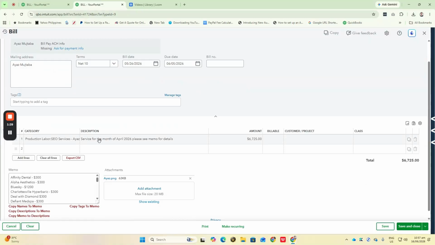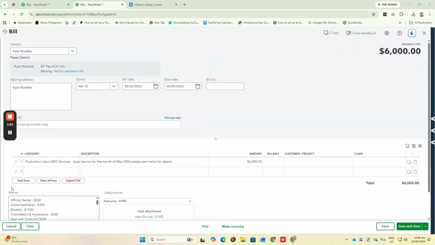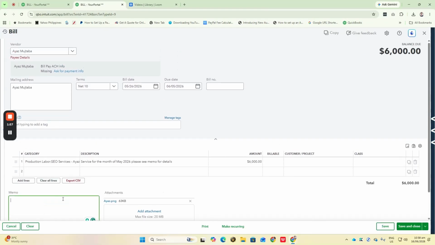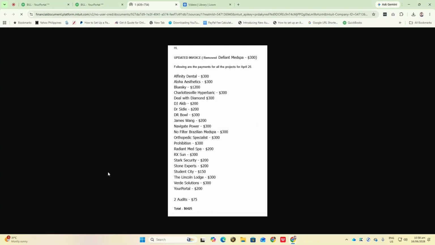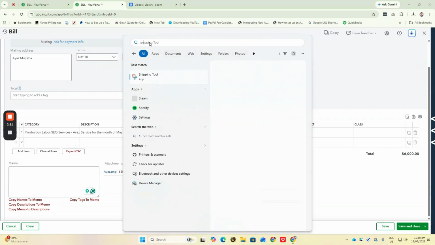And then I'm going to edit this one. So I'll make this May 2026. So the amount here is 6,000. Okay. And then I'll change the details using this one. So I'm going to place the memo here. Okay. Or I'm going to make an attachment